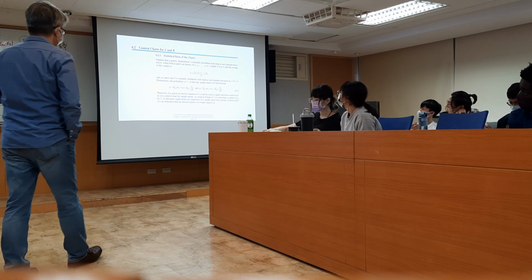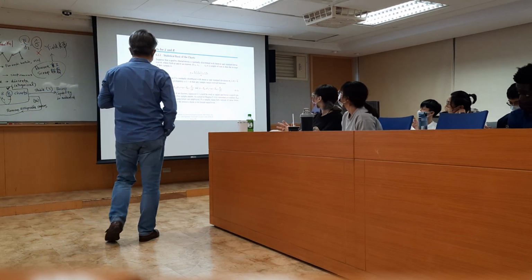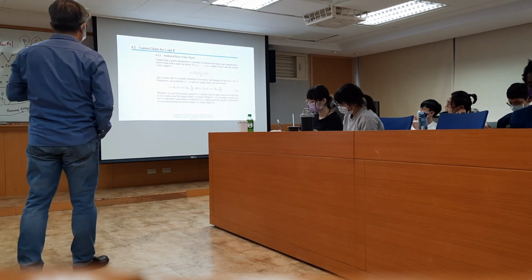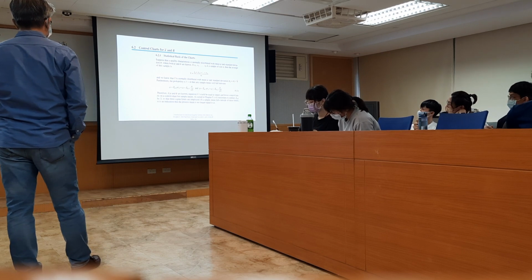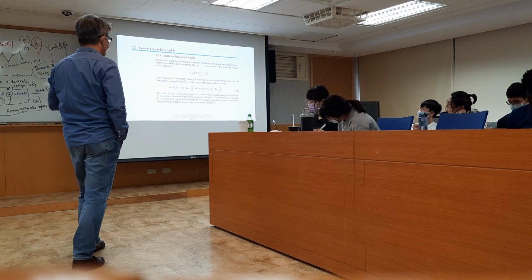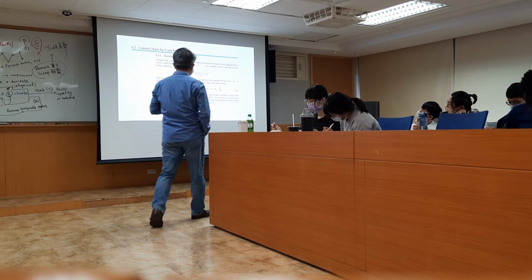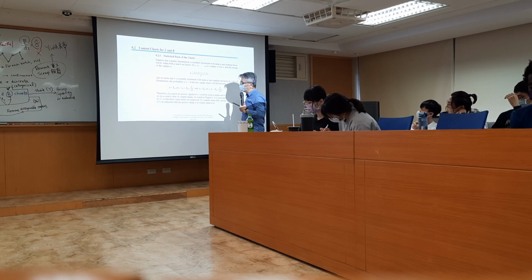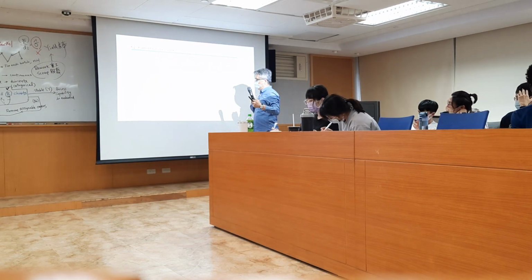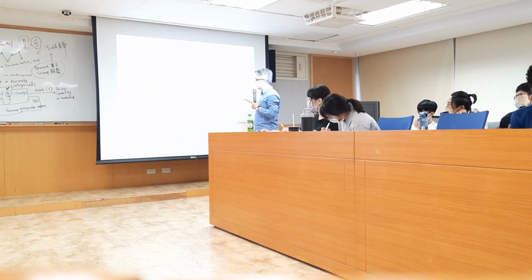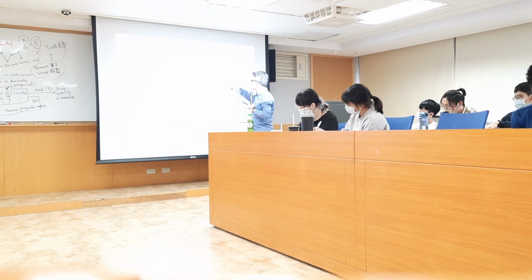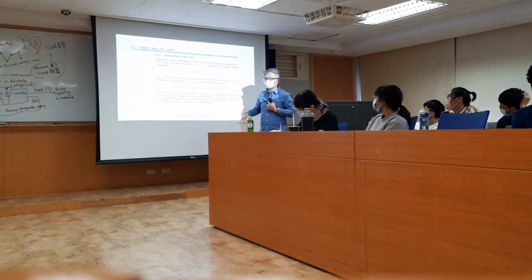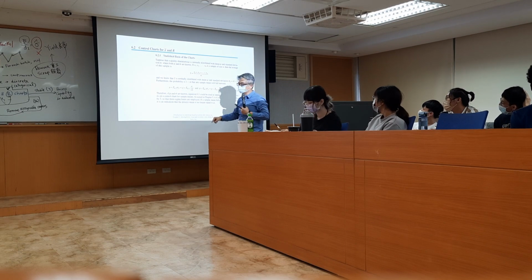Suppose that a quality characteristic is normally distributed with mean mu and standard deviation sigma, where both mu and sigma are known, and x1 to xn is a sample of size n. Then the average of this sample is the sample average. We know that X bar is normally distributed with the mean mu and the standard deviation equal to sigma over the square root of n, right? Since it is a sampling distribution.